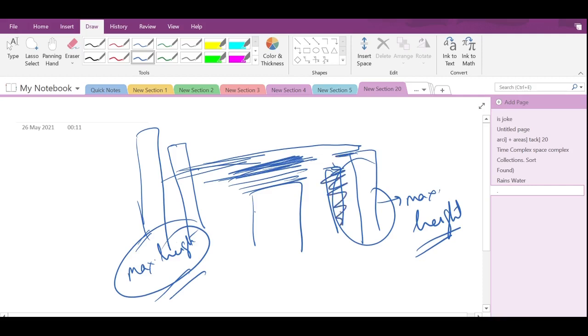So we will ignore the smaller heights. I will be able to store water till the minimum of these two heights. For any index, we can store water up till this region, right?